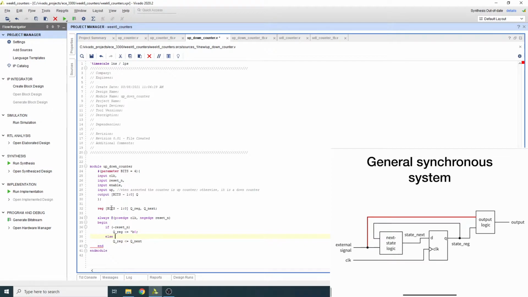I'm going to say, instead of else, I'm going to say else if enabled. If that signal is enabled, this is when I want to change the next value. If it's not enabled, I don't want to change it. Okay, that's the only case when I want to change it. So I just now added an enable signal in here, and it's a synchronous enable, by the way, because